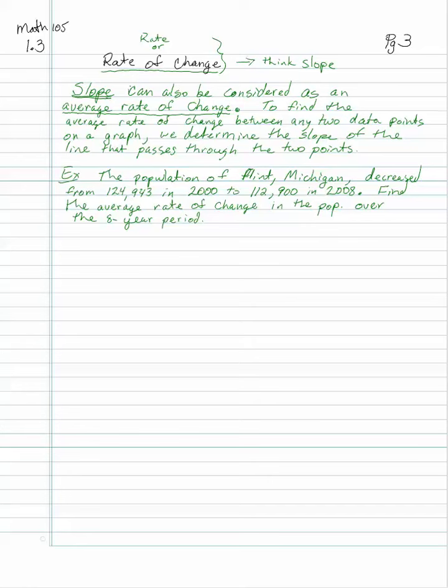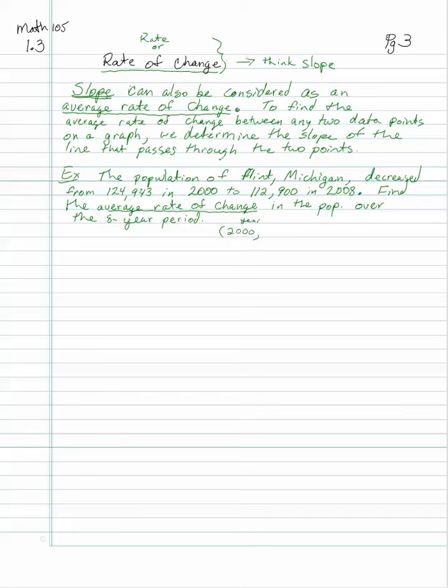Okay, so here's an example. The population of Flint, Michigan decreased from 124,943 in 2000 to 112,900 in 2008. Find the average rate of change. So I'm thinking slope. Find the average rate of change in the population over the 8-year period. So we want the average rate of change of the population. You can think of these as data points. So the year is 2000,